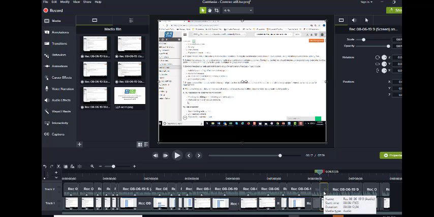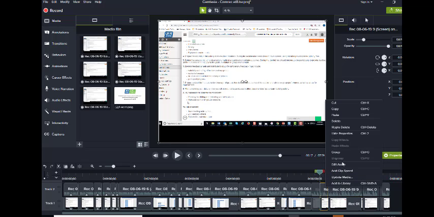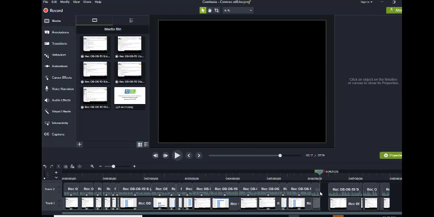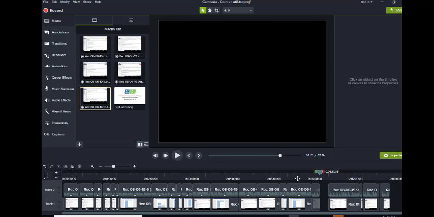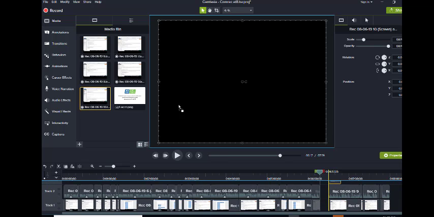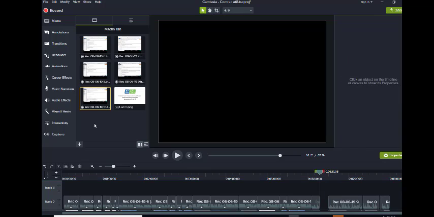So what I can then do is right mouse click. I can either go delete. See how that leaves a gap there. So if I want to refilm it, I can put it in there. So if I was to refilm just that little section, I could drag it down from up there. So if I was to refilm 10 seconds, I'd upload it, it'd appear here, then I could drag it into